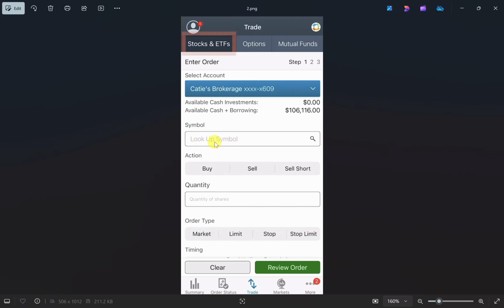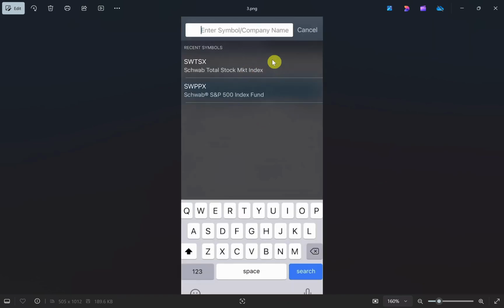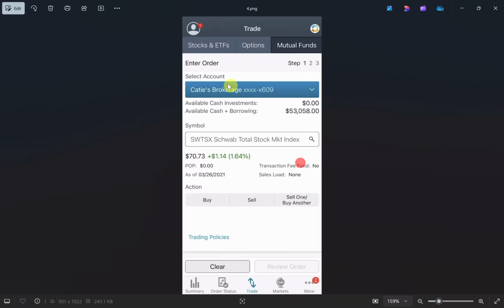In symbol, simply type SWPPX, and once you do that, it will list many stocks. So it will look like this. So simply select it. Once you search it, simply select this SWPPX option, and then it will display right here. Now from the actions, you have to click on this buy option,